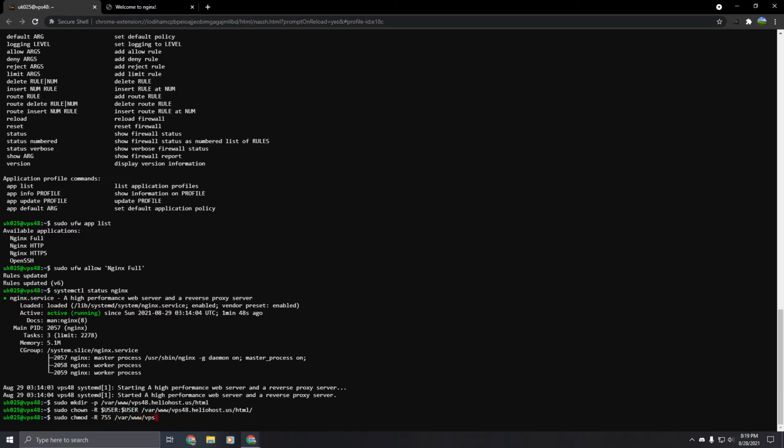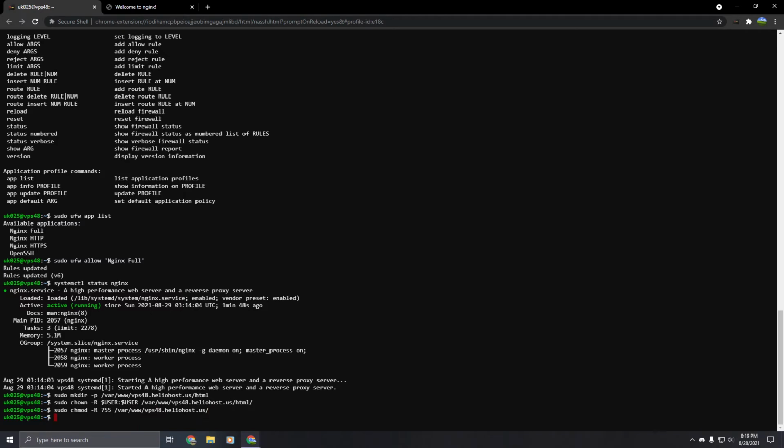Now's the fun part, creating a config file for our domain. For every single domain you want to serve on your VPS, you'll need a configuration file containing a server block, which defines how NGINX will behave. For our example, we're going to serve static HTML content on the domain vps48.heliohost.us. We'll create a file in the following path,